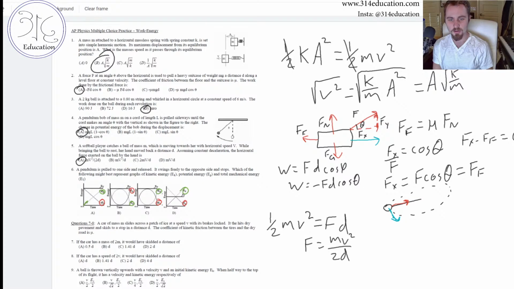And we see at the beginning, for this one, we start with 0 potential. This one we start with positive. This one we also, oh, no, that one we don't start with positive. We start with that down there, my bad. This one we start with a positive potential energy. And then the last one we start with a negative. And so right off the bat, that actually rules out 3 of them. That rules out this one, that rules out this one, and this one. And so our answer is going to be C,